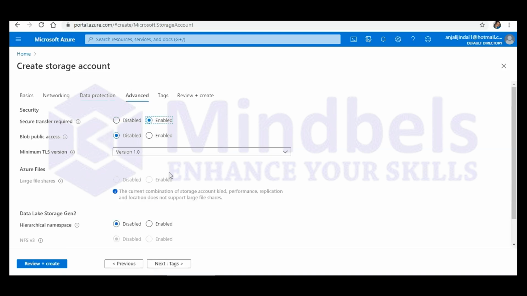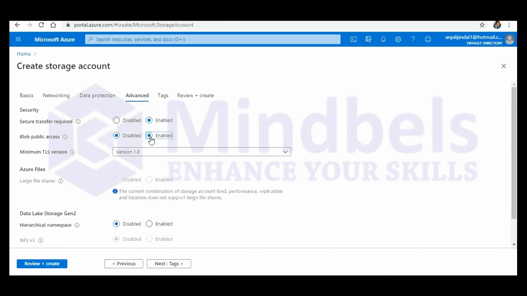Now in Advanced, if we go to Advanced, then Secure transfer required. So you are asking me about the security. We made it here in the storage account once, and we also make some security when we are creating a CI/CD pipeline. Then we make some security options there as well. Now your storage account secure transfer,